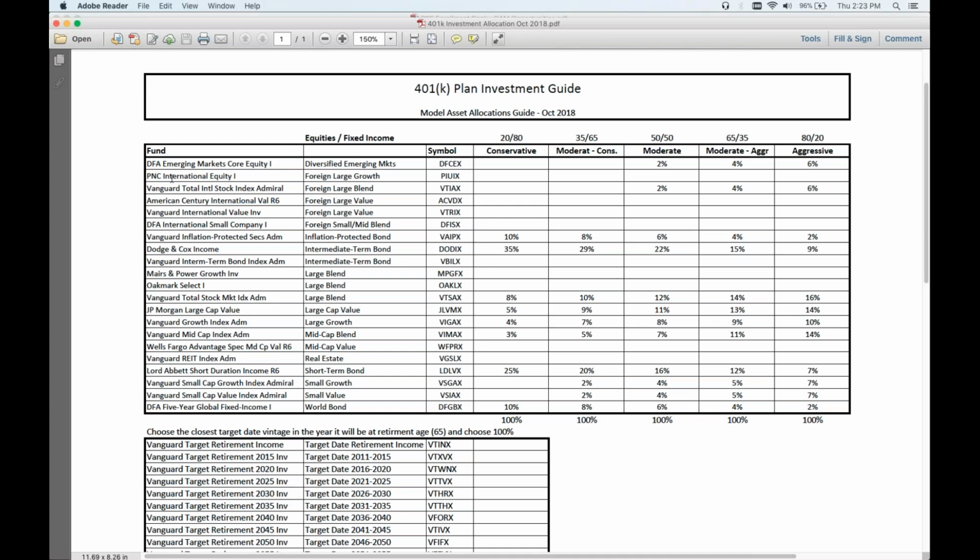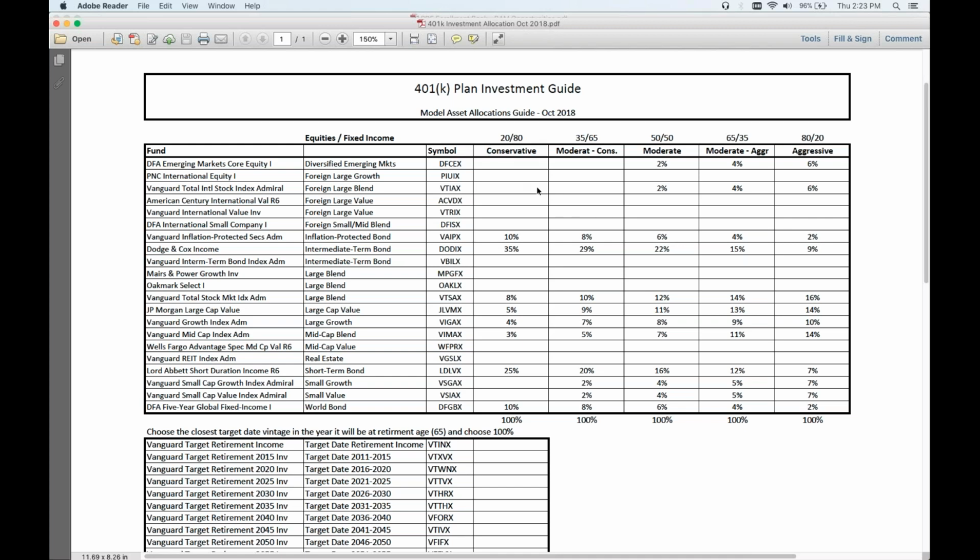And I'll talk about both here. So the hands-on approach, all of the investment choices are listed here on that left-hand column. The asset class that they represent is in that second column. The third column is the ticker symbols. And then the next couple columns are all model portfolios that we've built based off of a diversified lineup given